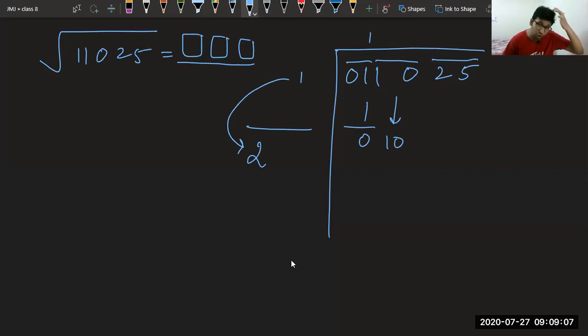No number, because if you take 1, still you get 21. If you take 1, you are getting more than 10. This is wrong. So we have to use a 0. We have seen in division, we use a 0 to get the next pair down. This question was not in your course. I brought it from my side. I am taking a 0 from here so that I can get 25.